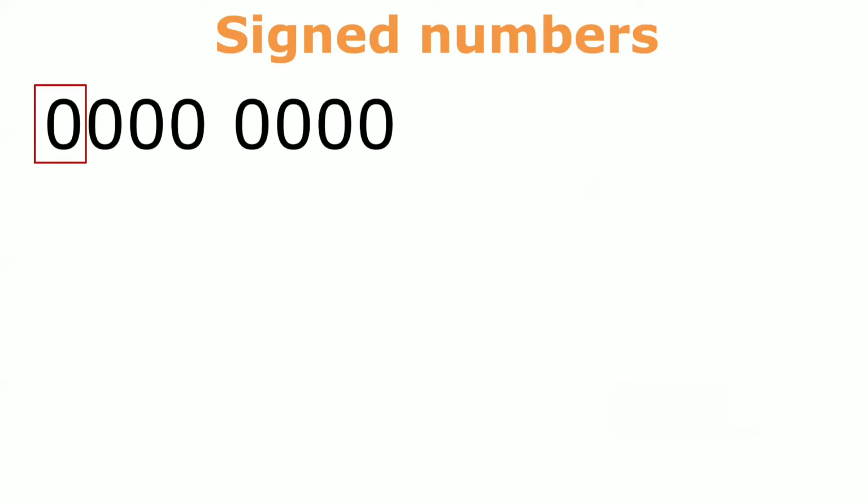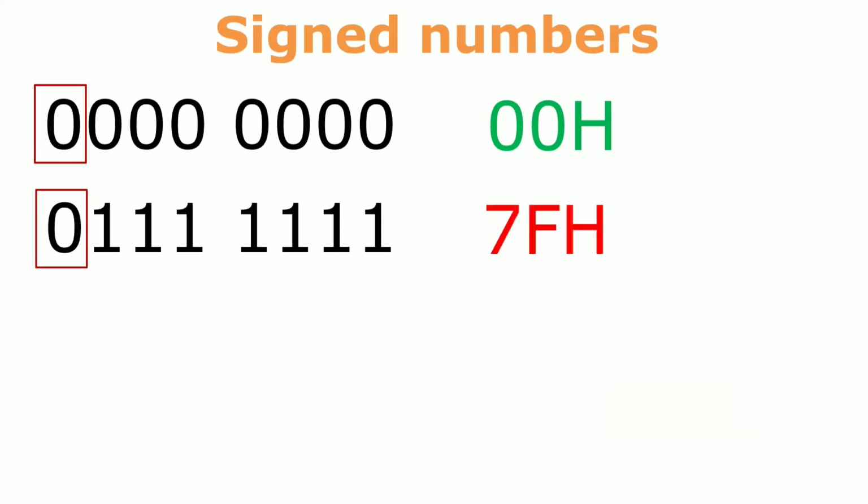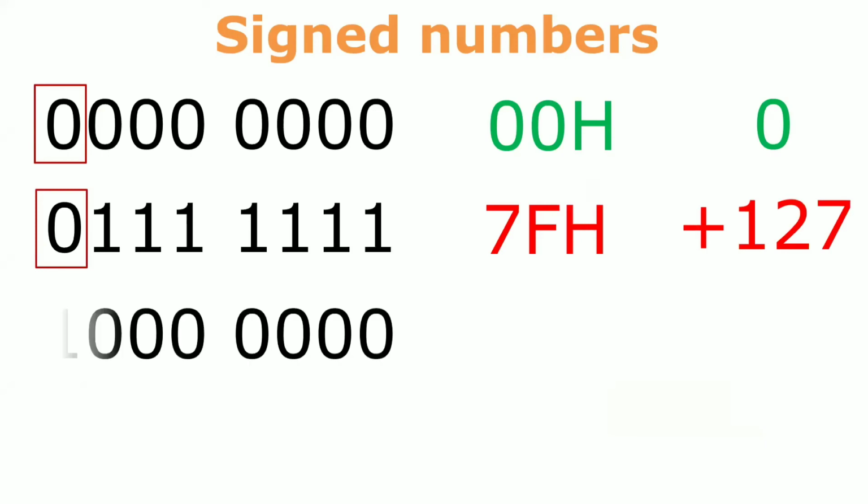Now tell me, what is the minimum value of signed positive numbers? 0, right? Because all are nothing but positive numbers in signed numbers, and the last bit we cannot change because we are representing the positive numbers in the signed numbers. So that is your 7F. So this is the range of the positive numbers in the signed numbers. In decimal you can see there is a 0 and there is a plus 127. That is your range of the positive numbers of your signed numbers. How to indicate the negative numbers?